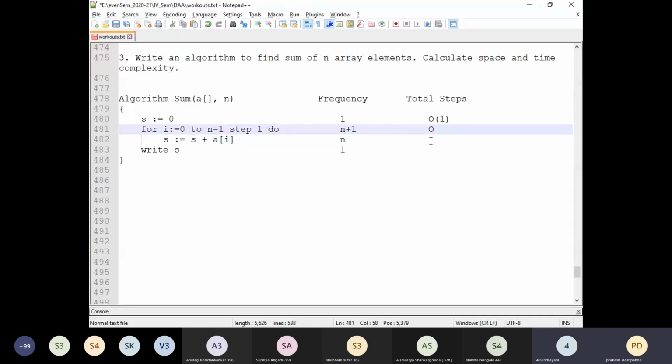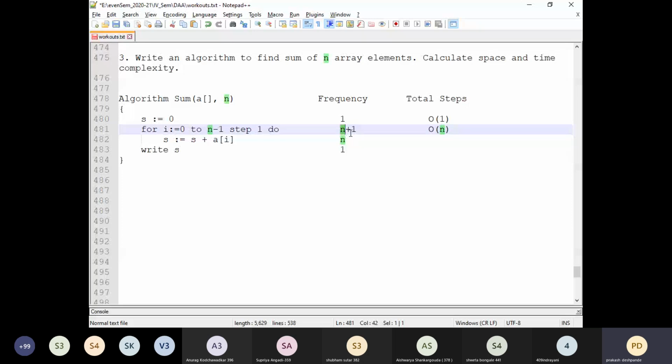How did we derive big O of n? Big O of n is a linear function. For a linear function, we need to look at the power of the instance characteristics. If you look at this frequency, we have n plus 1. The instance characteristic here is n, and since there is no exponent, the power of n is 1.